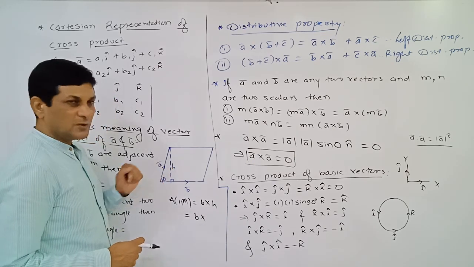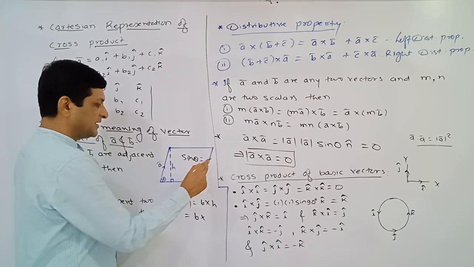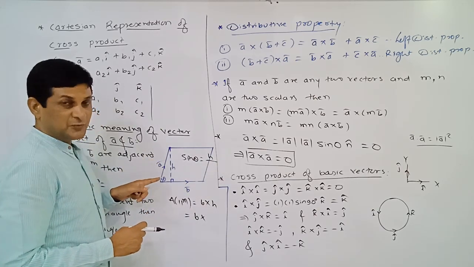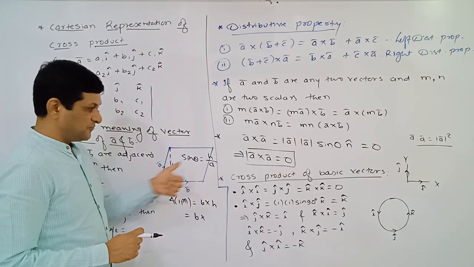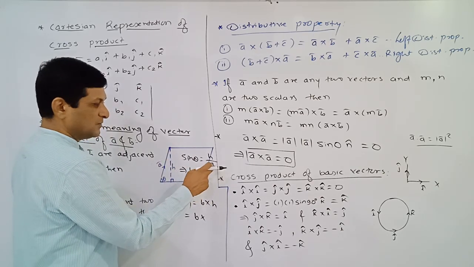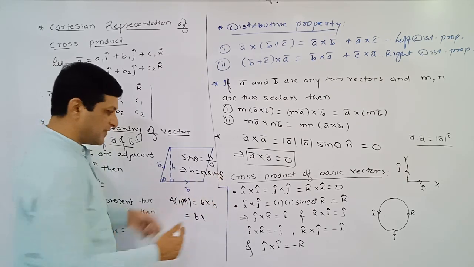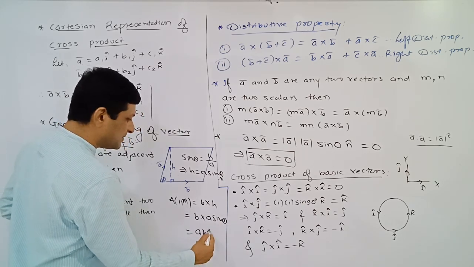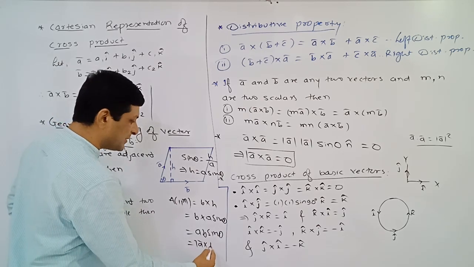Now height here we have denoted by H. So if you observe this right angle triangle, what is the value of sine theta? Sine theta is equal to opposite upon hypotenuse, means h upon hypotenuse, which is A bar, but we want only its length. The length will be denoted by A, because if we are not writing bar, we have considered only magnitude, which implies that h will be equal to A sine theta. Now if we replace h by its value A sine theta, what result are we getting? B into A sine theta will be AB sine theta, and we know that AB sine theta is nothing but the magnitude of A bar cross B bar.